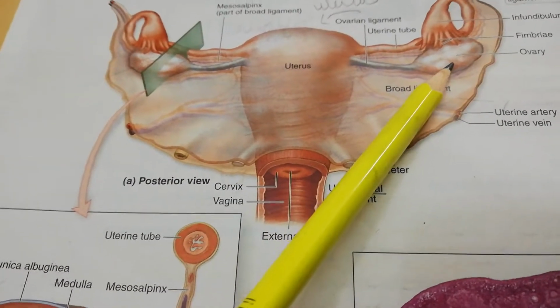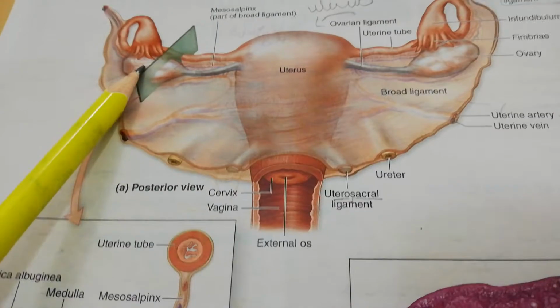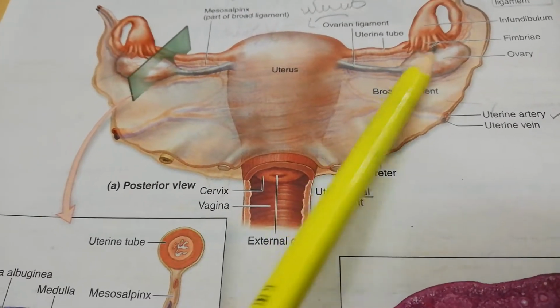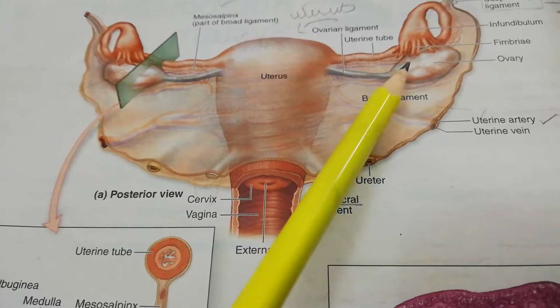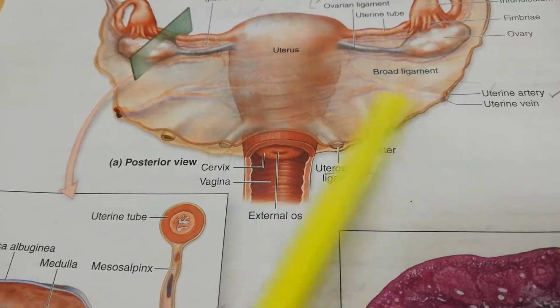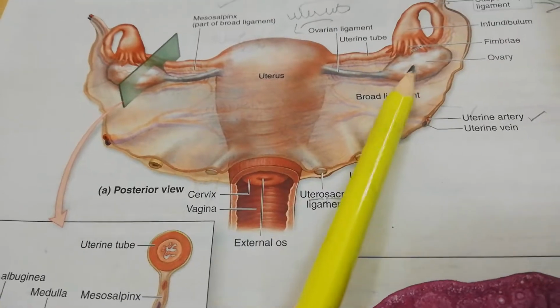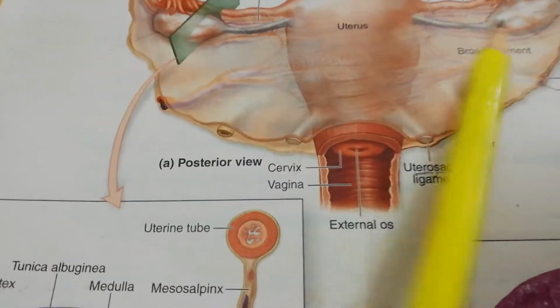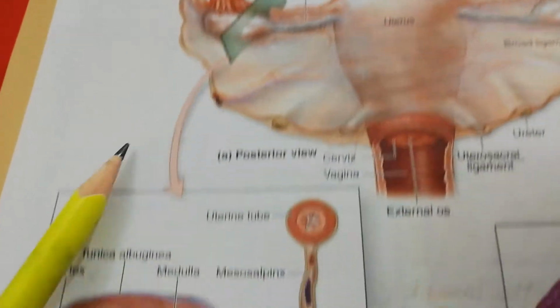As you can see here, these are the paired organs present in the pelvic cavity of a female. It's oval in shape, present on the posterior aspect of the broad ligament. The broad ligament rather is anterior to it, and if you can see the cut section of it on its